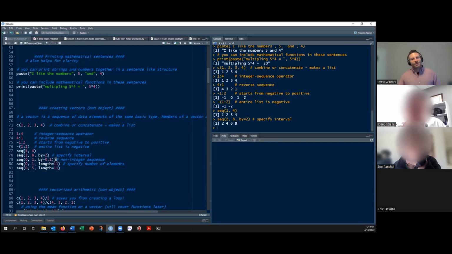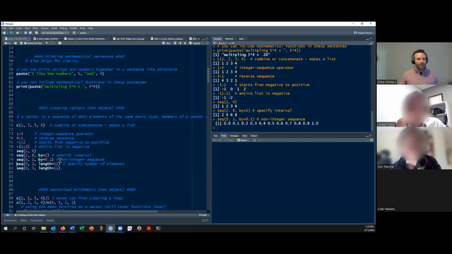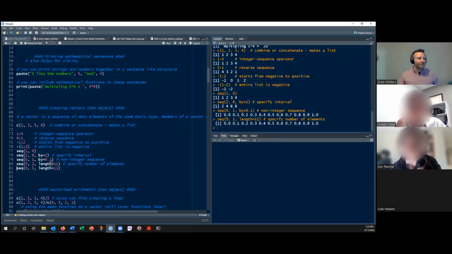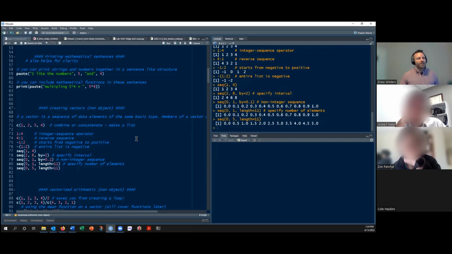We could do non-integer sequences, and these are your decimal points, right? These aren't your whole numbers. These are a sequence by tenth of a point is what we're doing. So 0 through 1 by tenth of a point. Now we have our list there. Or we specify the length, the number of elements that should be between those 2 points. So this is the exact same answer because we have 11 items at tenths of a point between 0 and 1, because it does include the 0 in R. And just another example, 0 to 5 should be every half point. Yep, 0.5,